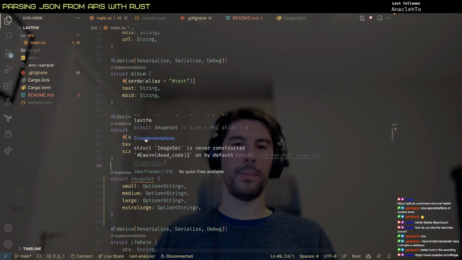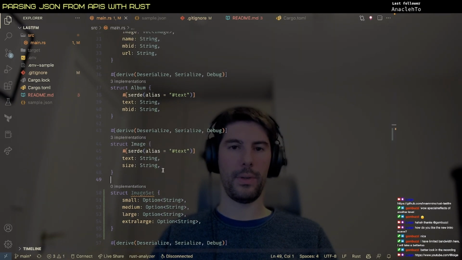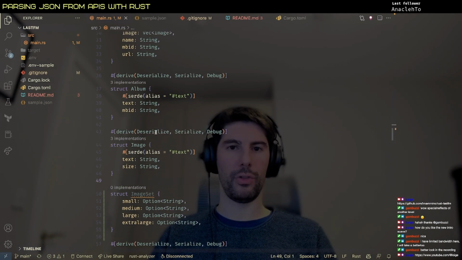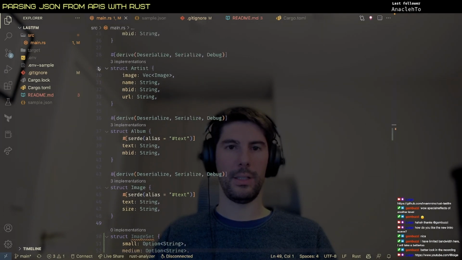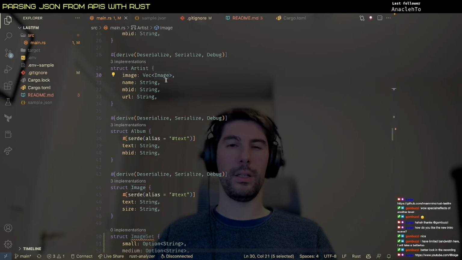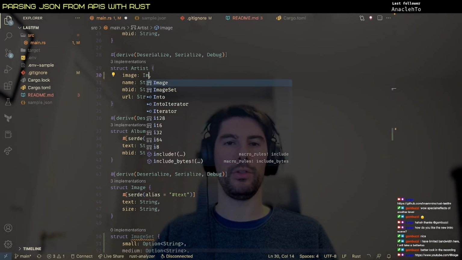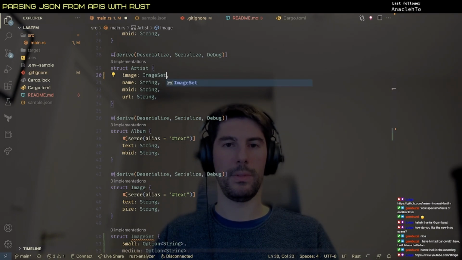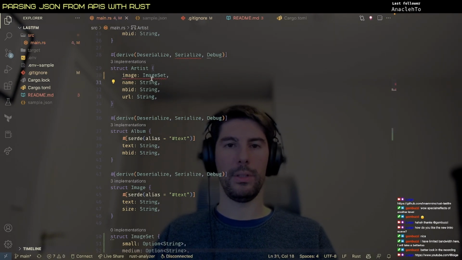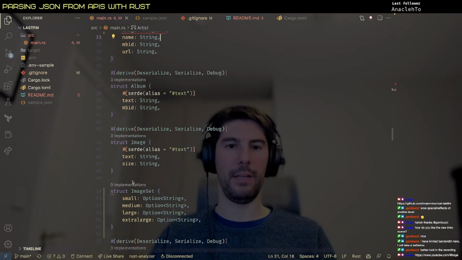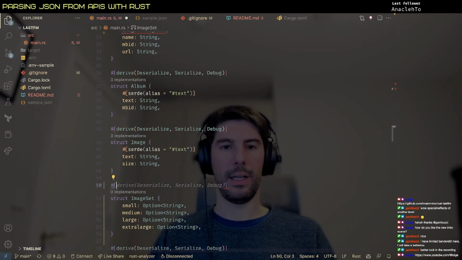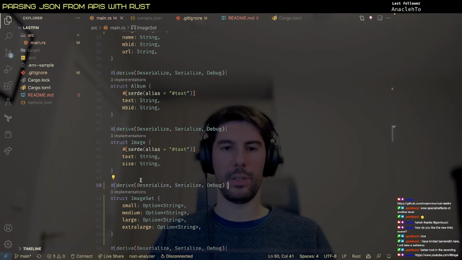So now my problem is that I would like to deserialize, rather than vec of struct image, I would like to deserialize this to ImageSet, right? And now this is not going to work because, of course, we haven't implemented deserialize. And even if we try to deserialize, I don't expect this is going to work because